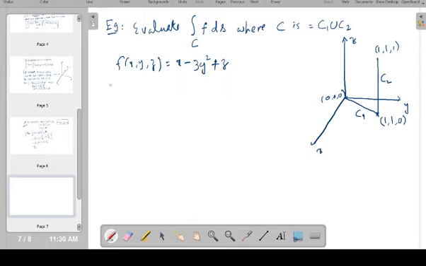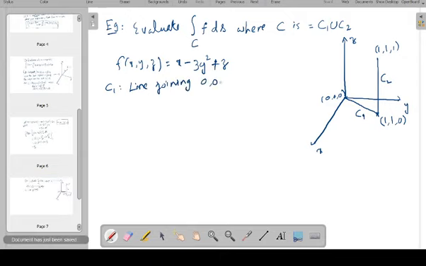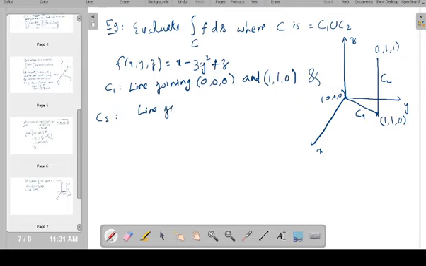C1 is the line joining 0 0 0 and 1 1 0, and C2 is the line joining 1 1 0 and 1 1 1. So for the answer,